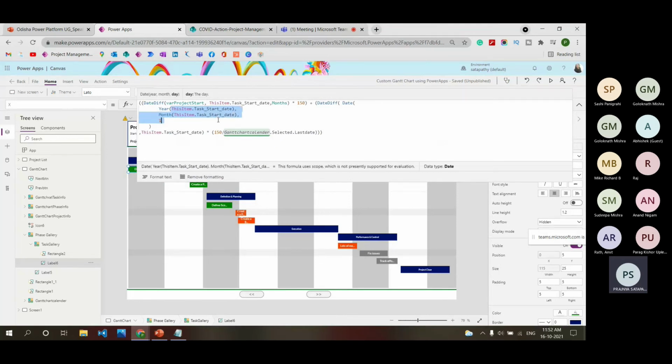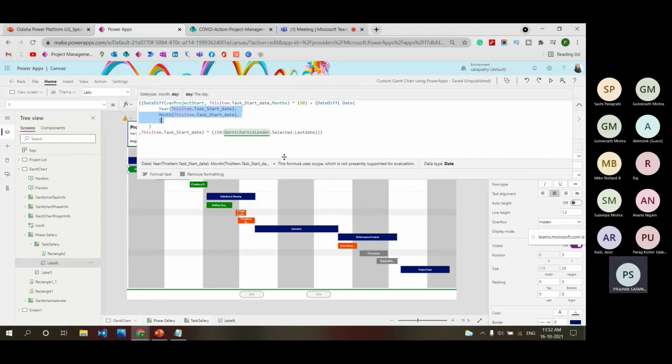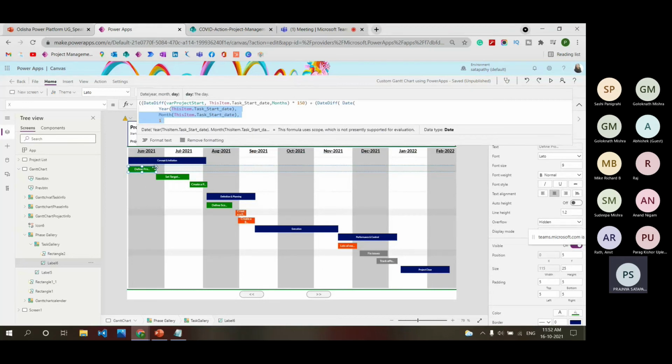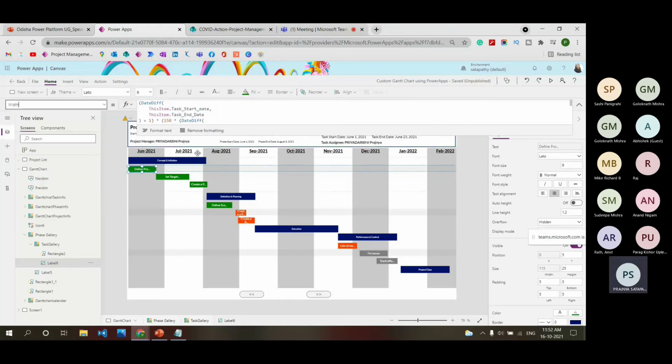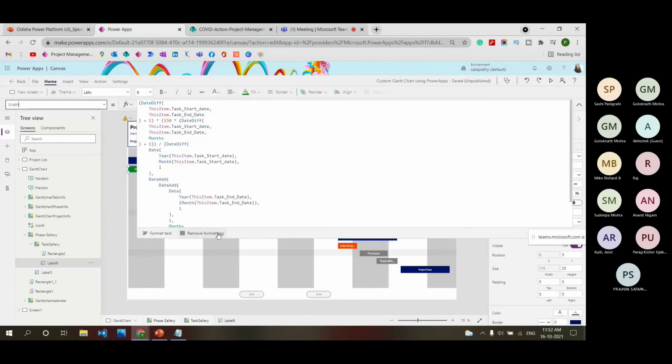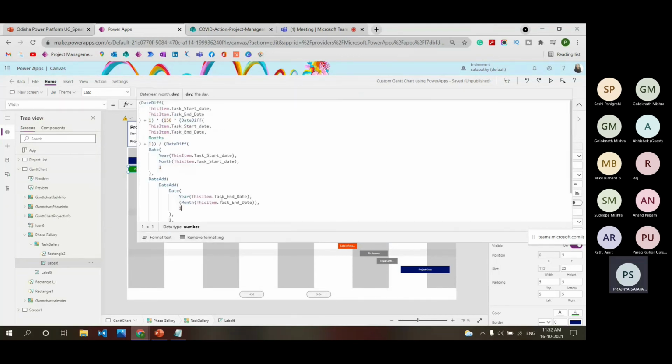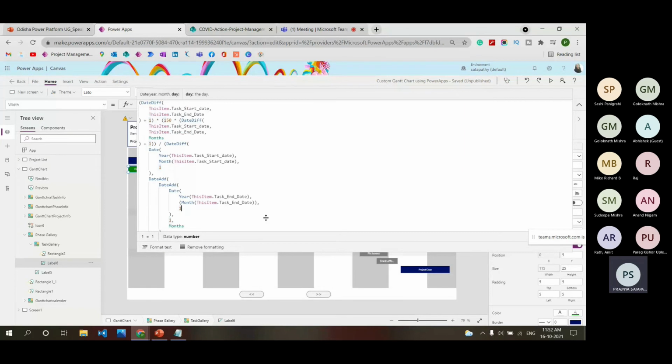In the X property, we only need the task start date, and I'm multiplying with the 150 and the Gantt chart calendar selected last date. So this will find the X property, the place where we are placing the task, and similarly the width, how much width the task will take.